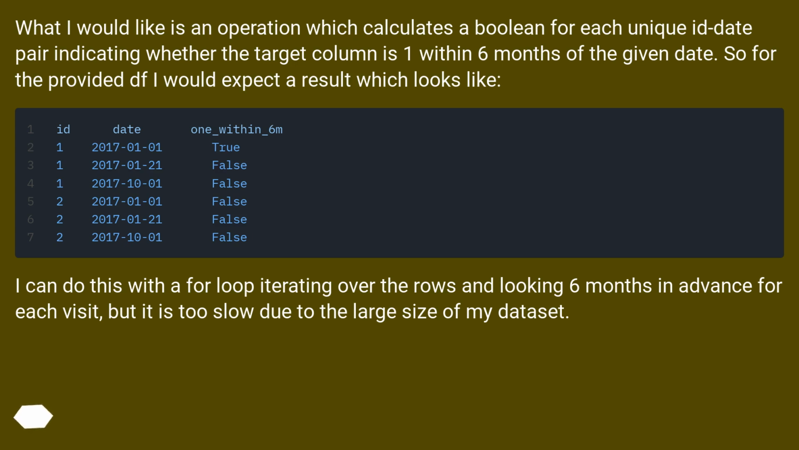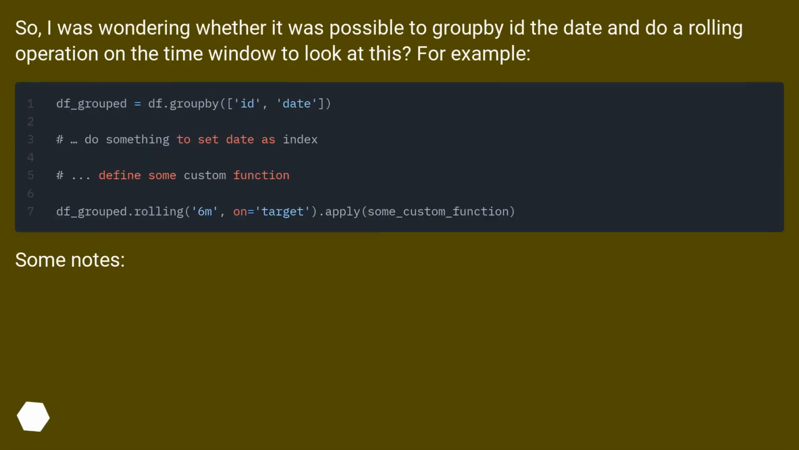I can do this with a for loop iterating over the rows and looking 6 months in advance for each visit, but it is too slow due to the large size of my dataset. So, I was wondering whether it was possible to groupby the date and do a rolling operation on the time window to look at this. For example,